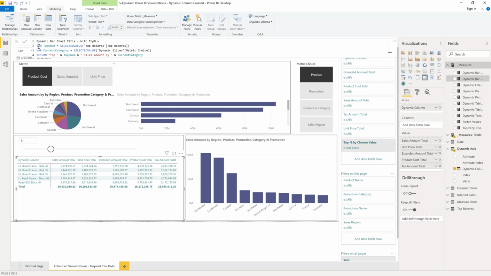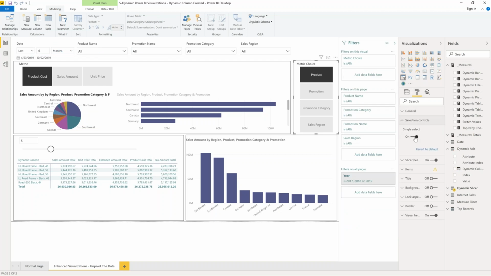But basically what I do is I look at my variables for things I want to show in that dynamic title. Like in this case, I want to show the top number because I'm using this top 5. I want to know what the category is that I've chosen for, in this case, the dynamic category. So again, I'm using this selected value. Selected value is wonderful anytime you're using a slicer that can only have one choice, and let me show you what I mean by that. When I look at a slicer,